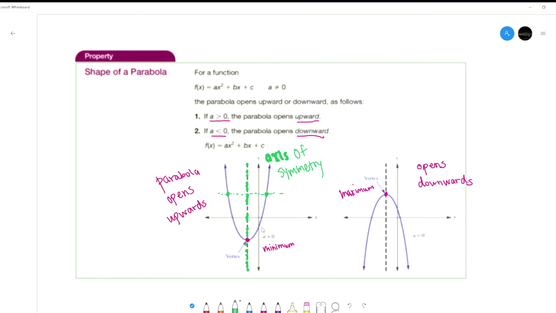Okay, so basically if this were on a piece of paper and you folded along that axis of symmetry, and it was like tracing paper, you'd be able to see that the graph lines up perfectly. Okay,